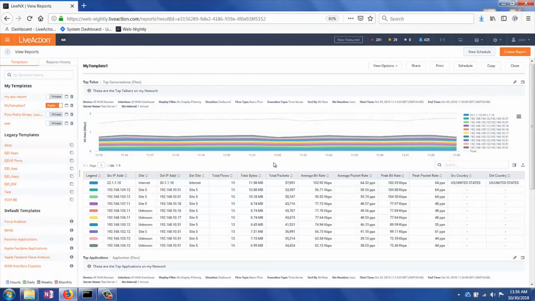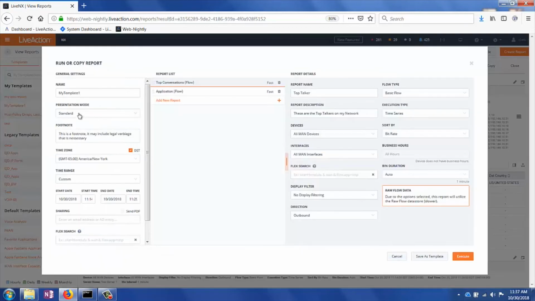Now let's review some additional options that have been added to the reporting framework. I'm going to once again select copy. I want to highlight the presentation mode option. It defaults to standard, but if I change it to executive and rerun this report,